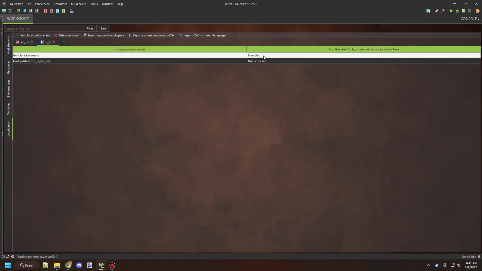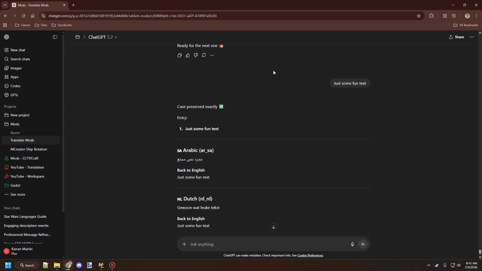So I feel confident enough that it's good enough to translate. I haven't had any complaints from people using my mods and stuff like that. So I'm pretty sure that you'll probably be able to get away with that. As for translating, you can just open up something like GPT and tell it to translate the languages